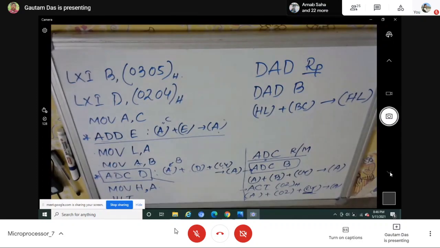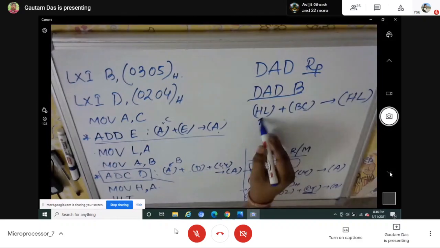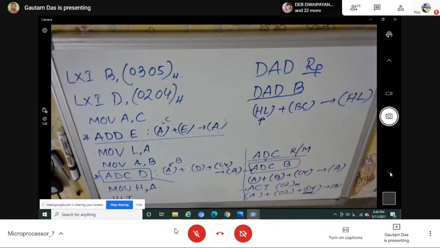As in the case of the ADD instruction, an 8-bit operation, one operand should be in the accumulator. In the case of this instruction, one operand must be in HL. With HL, you can add another register pair and the result will be there again in HL. But remember, the processor cannot do this HL plus BC in a single step. After getting that instruction, the processor will perform this 16-bit addition by following this operation internally. But whenever the processor was designed, they designed an instruction by which you can perform addition of two 16-bit data.